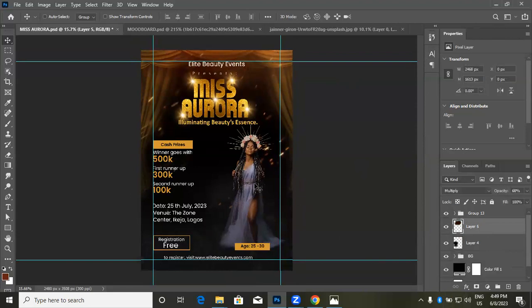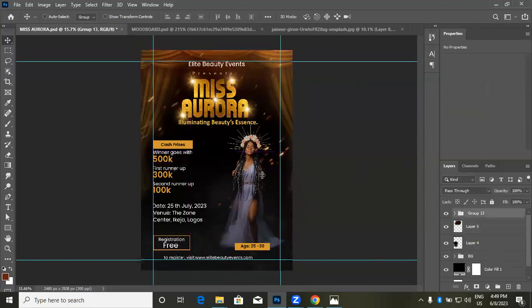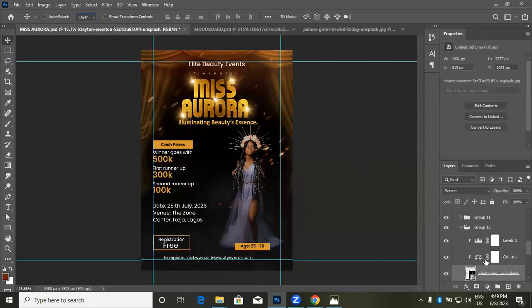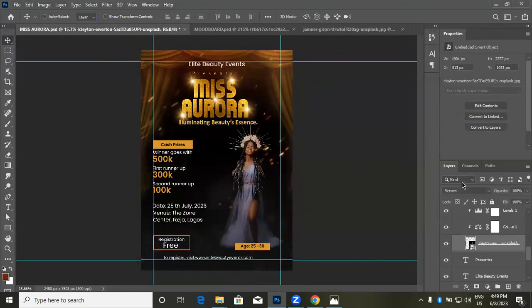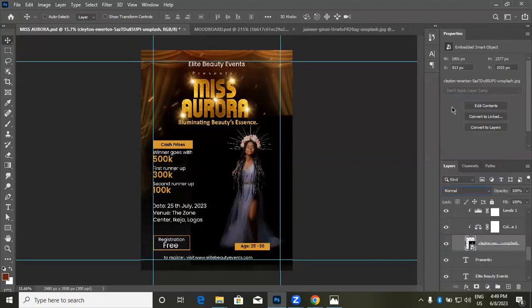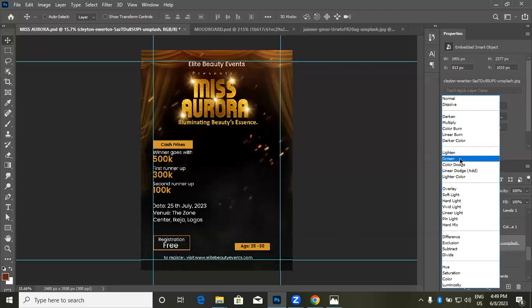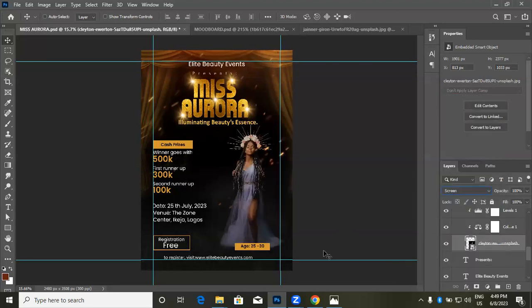The picture that I brought in. Okay, the picture I brought in. Where's that picture? Let me change it into a layer. This is the picture. The picture has a black background. Same thing I told you about. To remove the black background, I just use screen, and that's all. The picture will blend with the background of our page. Then I applied